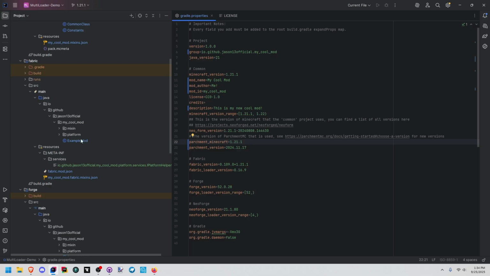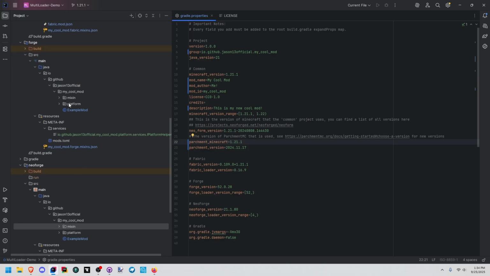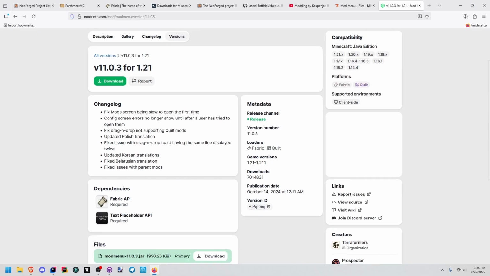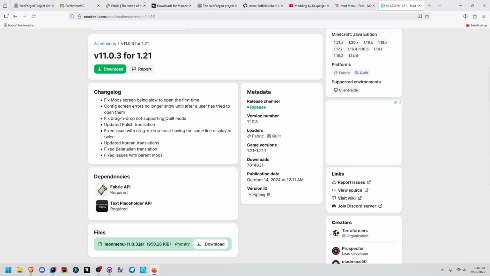Let's add one more thing before we load into the game. We're going to add Mod Menu, which is a mod for Fabric that adds a similar mod menu that's already built into Forge and NeoForge. But when you're actually attempting to use this file, it's not very straightforward for Modrinth, as